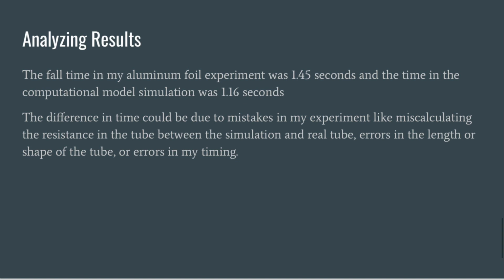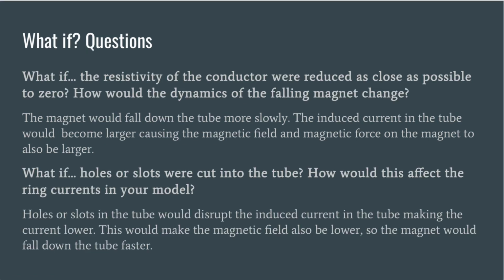observational model. Now finally, looking at the what if questions, the first one says, what if the resistivity of the conductor were reduced to as close as possible to 0? How would the dynamics of a falling magnet change? This would make the magnet fall down the tube more slowly. The induced current in the tube would become larger, causing the magnetic field and magnetic force on the magnet to